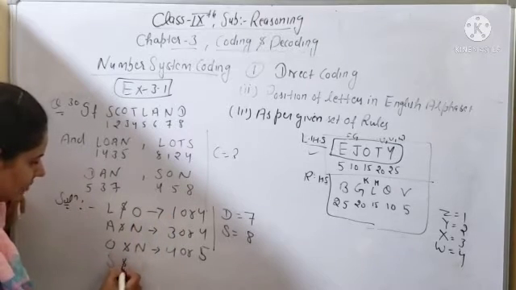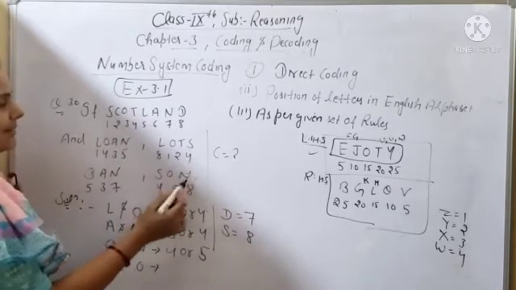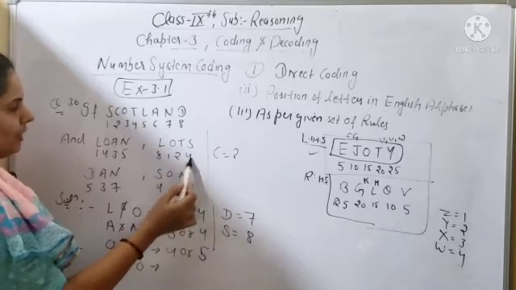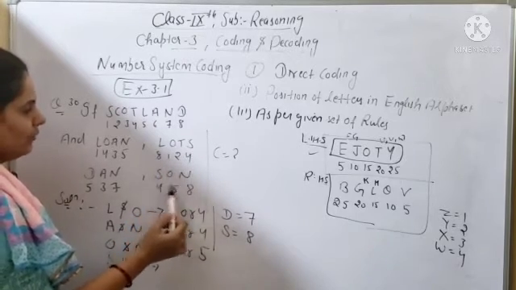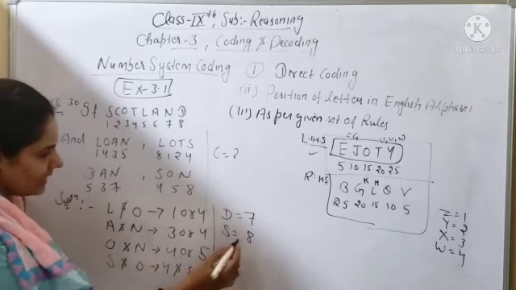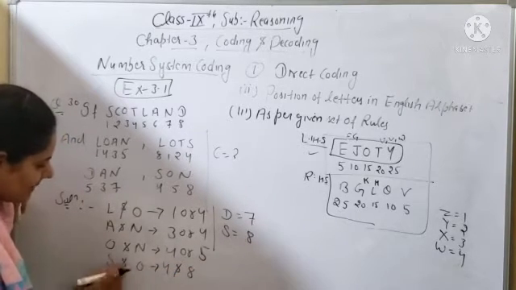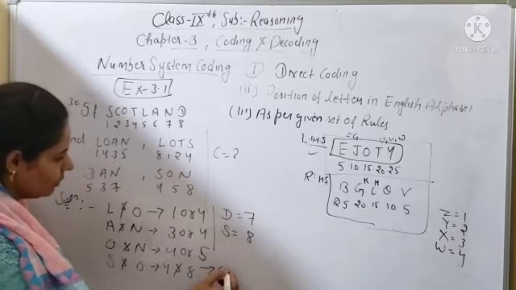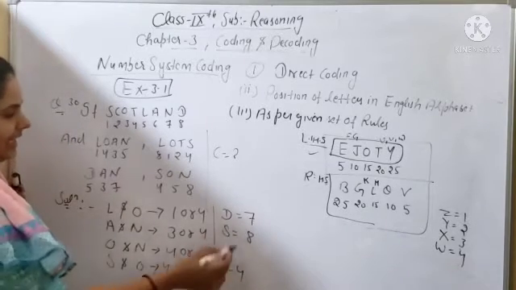सो S and O के लिए कौन से नंबर्स यूज करेंगे हम? इधर कौन से कॉमन है? S and O के लिए 4 और 8. सो 4 and 8. सो S के लिए 8 हो चुका है पहले, इसका मतलब O के लिए क्या होगा 4, O के लिए क्या होगा 4, S के लिए 8.